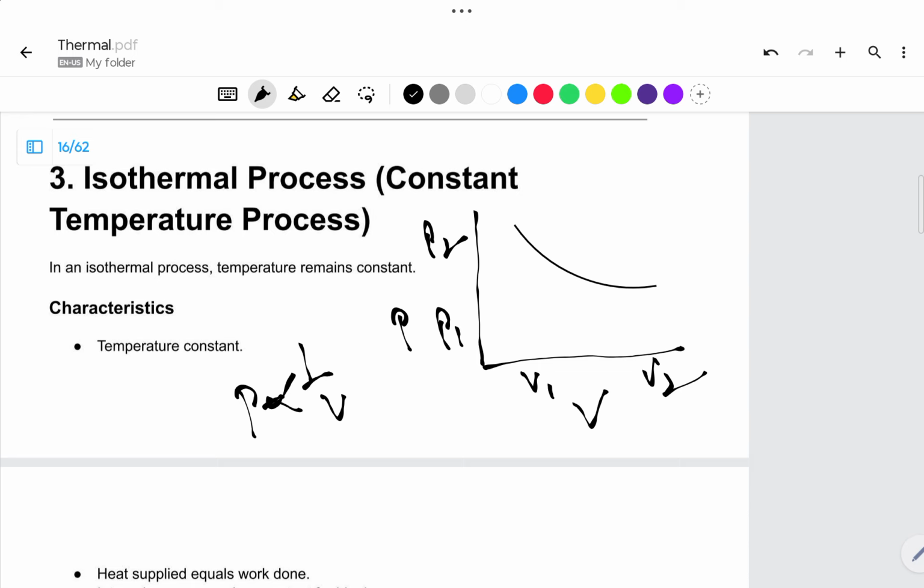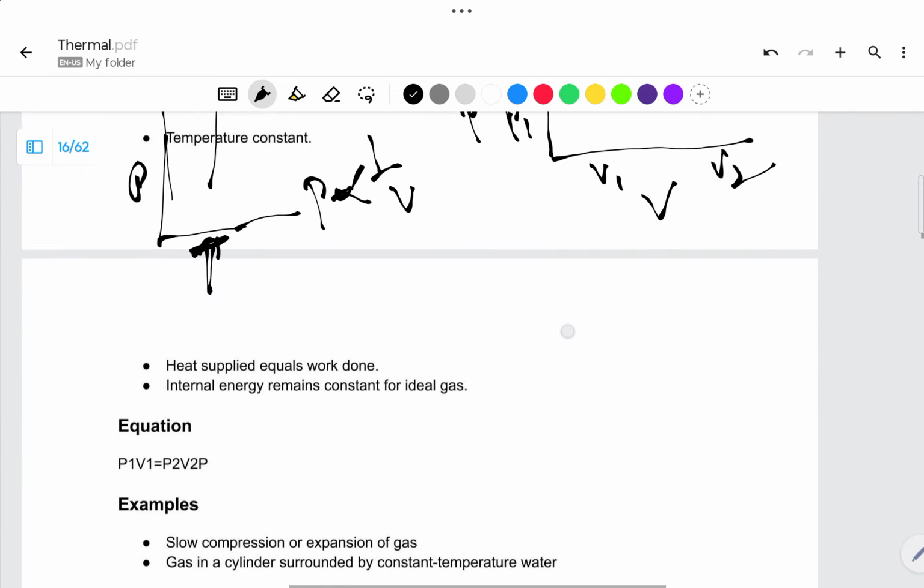Or else if you are doing vice versa, if volume is decreasing, then pressure will be increasing. You can call this the same. So it will be like this. And if I draw the pressure and temperature graph, it will be like this, because the temperature will be constant. Then next,